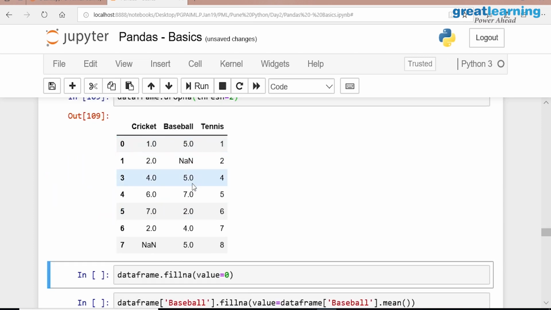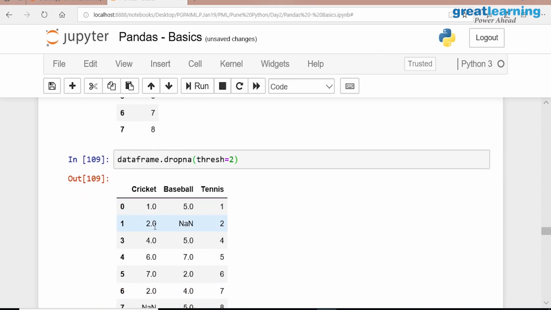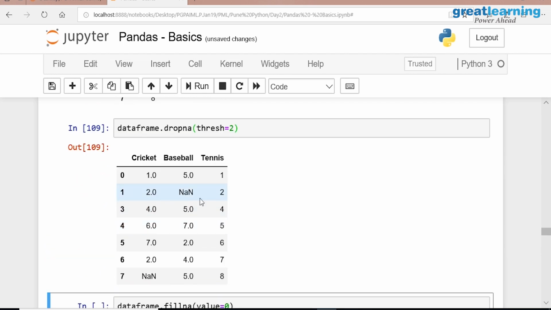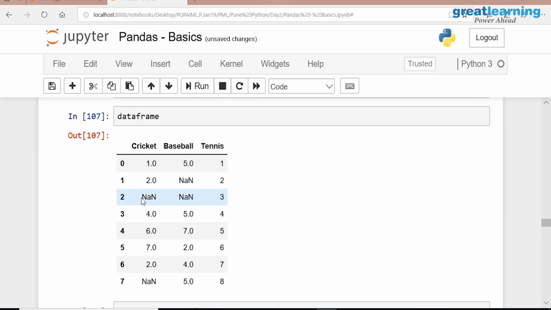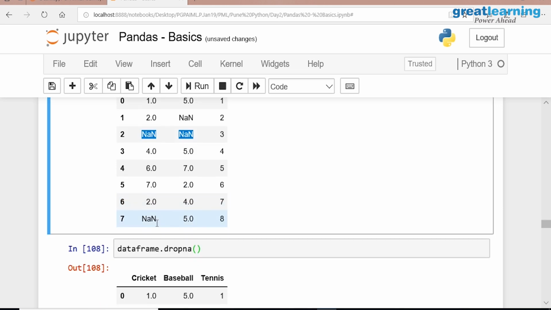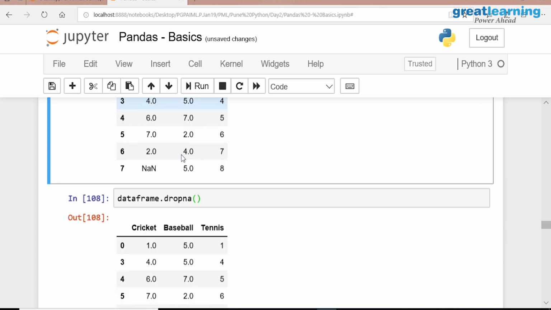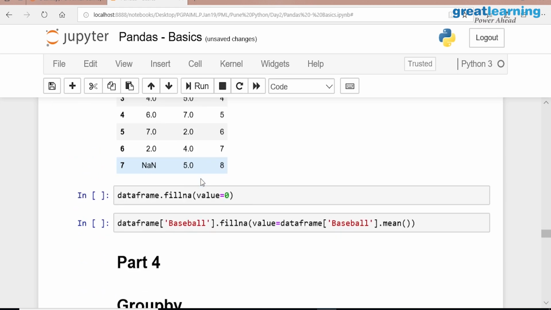Okay. Then it is dropping only. Which one is it dropping now here? It didn't drop it because this record didn't have. For example, if you look at this data, this record has 2 NaNs. That means it dropped only this record. Other records remain. This one and this one remain in the data set. Understood threshold now?